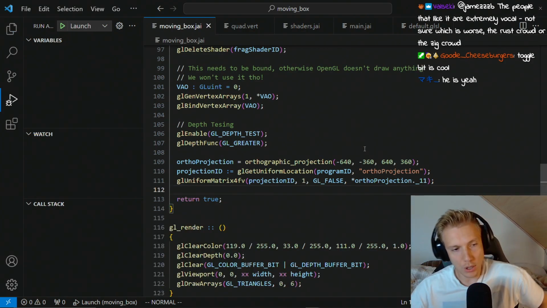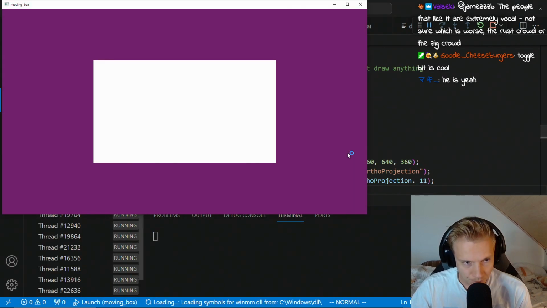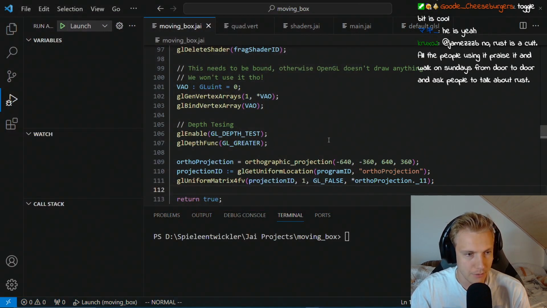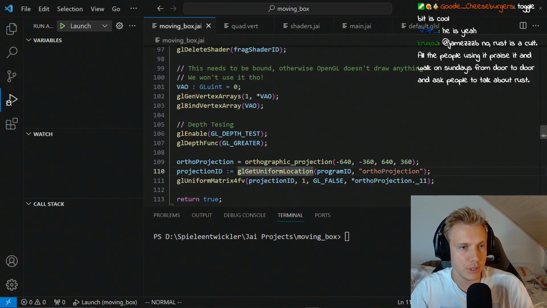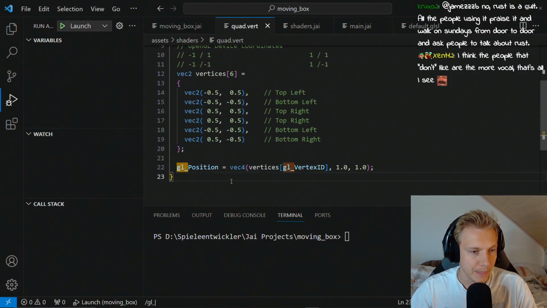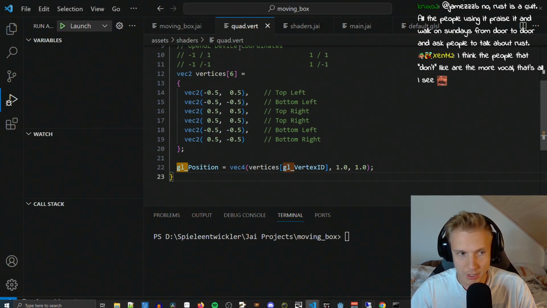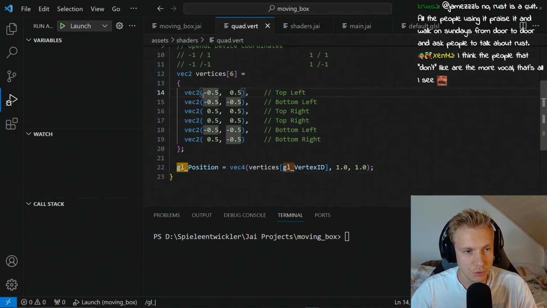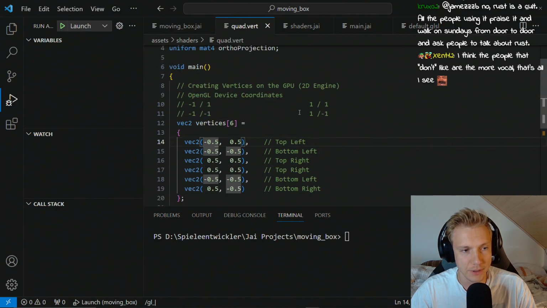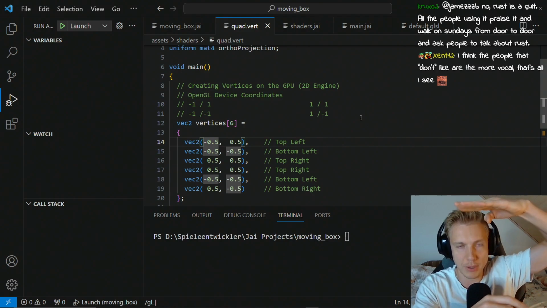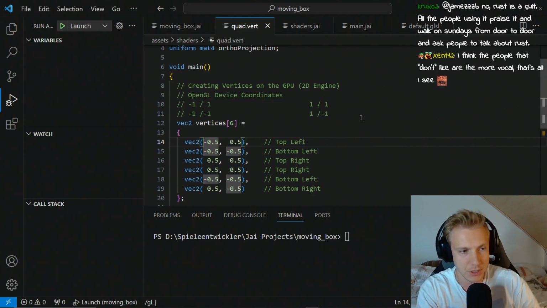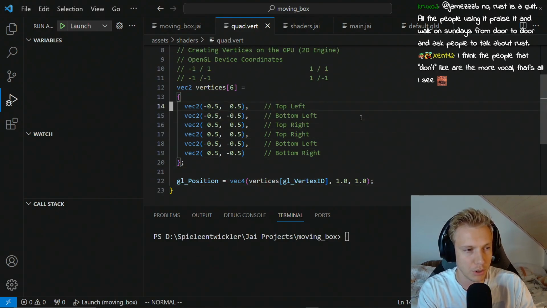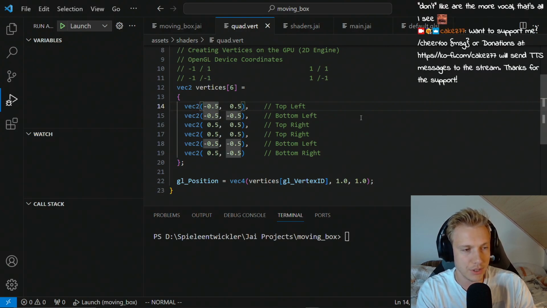Now, will this work or not? Probably not. Okay, so we don't get an error, which means it either works or it doesn't. How do we know if it works? If we use it in the shader. So, let me see. Instead of doing like minus 0.5 or something, we now know that we have minus 360 on the top and we have minus 640 on the left, which means if we want to make a box in the middle, you know, let's say minus